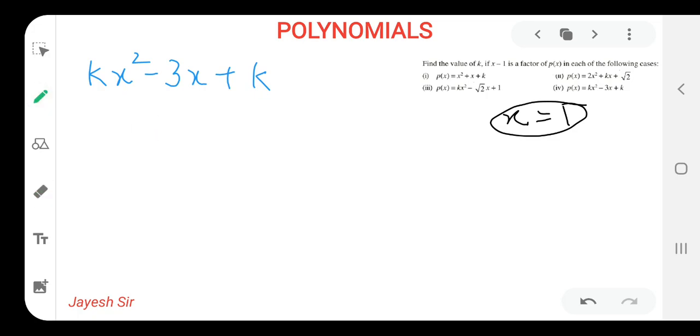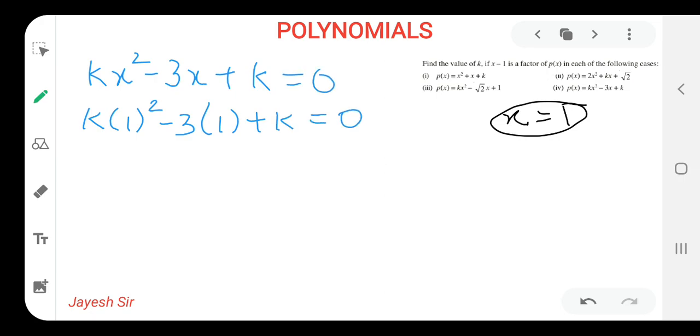Afterwards what we are supposed to do? We have to just put the value of x. So here you have to pause the video and try to solve the sum on your own, as it is very easy, and we have solved this type of sums before also in this class only. I hope you all have understood it properly. So now pause the video and try to solve the sum on your own, and afterwards you can check your answer over here. So I will put the value of x as 1: k 1 square minus 3 x, value of x is 1, and k as it is, is equals to 0. Don't forget to write that. I hope you all might be getting it.